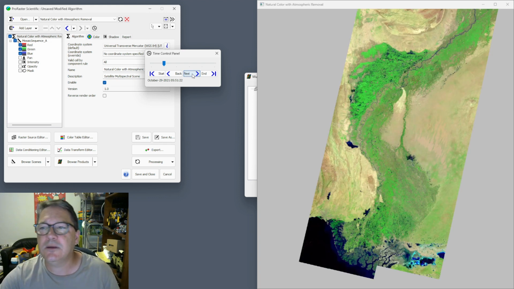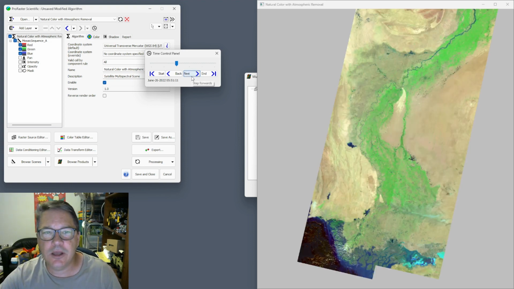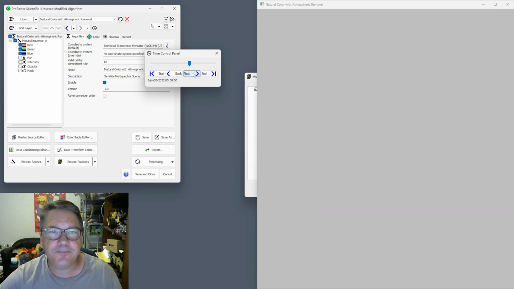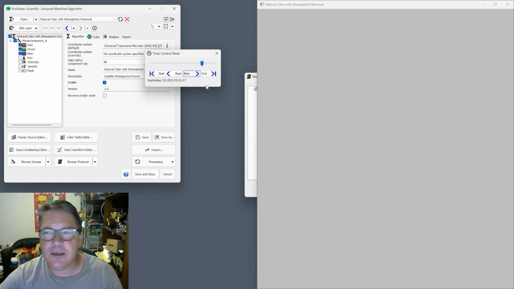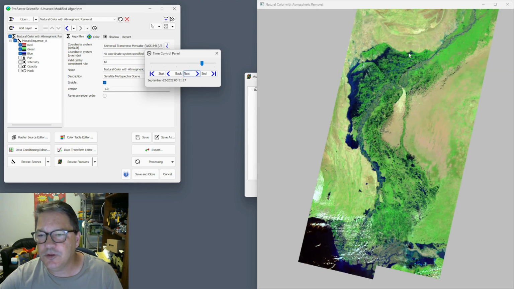This is a normal year where we're seeing a certain amount of flooding. Then June 2022, prior to the flood, or really at the beginning of the flood, you can see that it's starting to get flood water coming down the river. July 2022, now we've got a significant amount of flooding starting to occur. September 2022, and you can see all this flooding in here and out here,